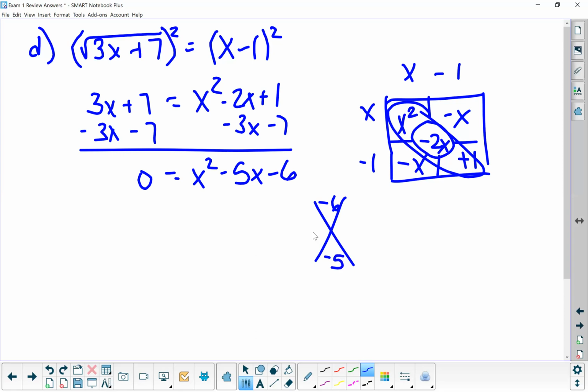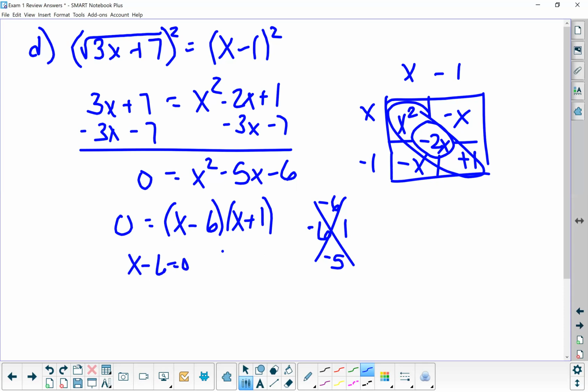And the answer is yes. -6 and +1. Setting each of those factors equal to 0, we get two possible solutions, x equals 6, x equals -1, and we should check both of those